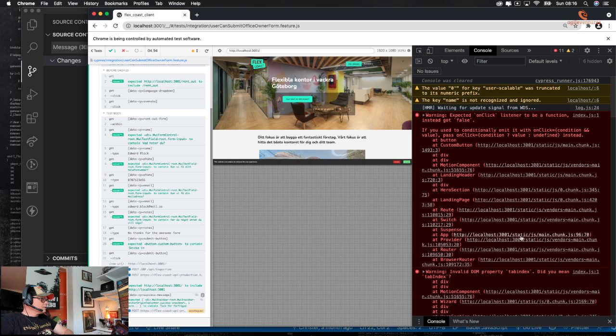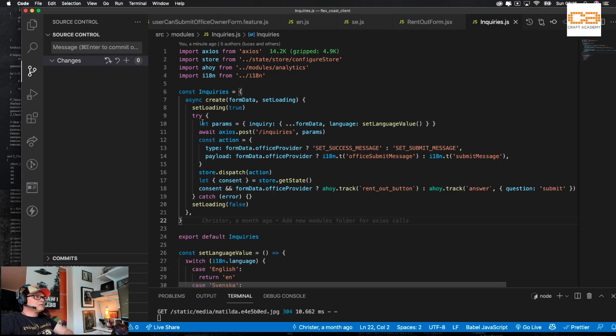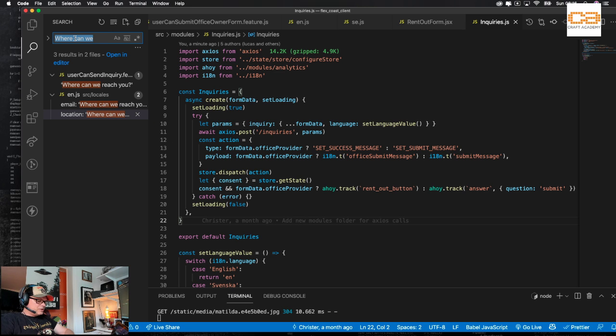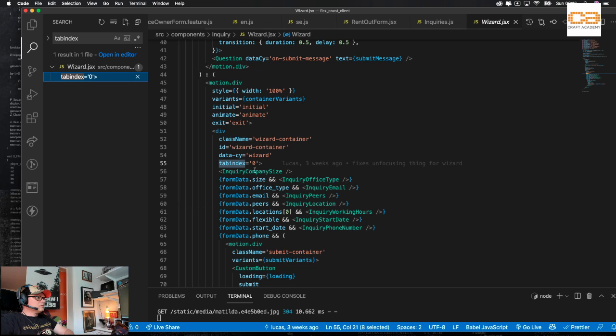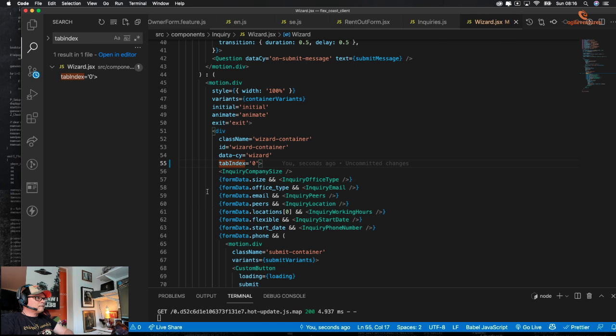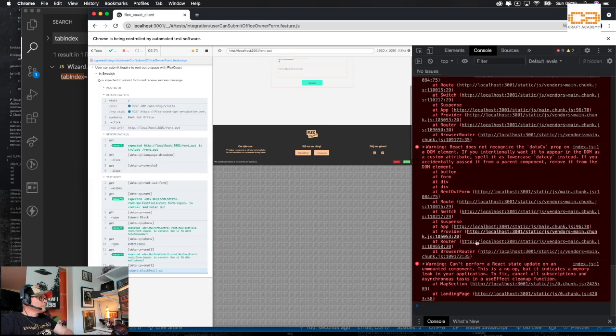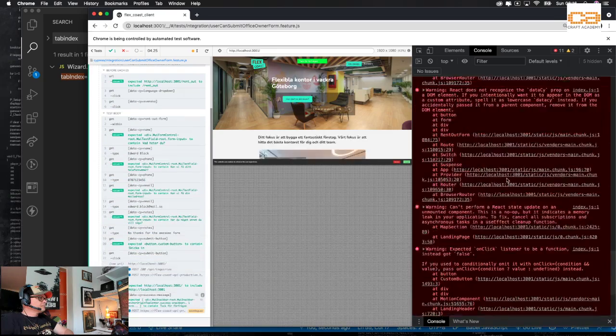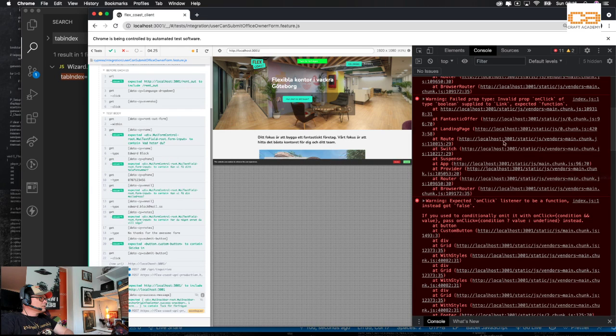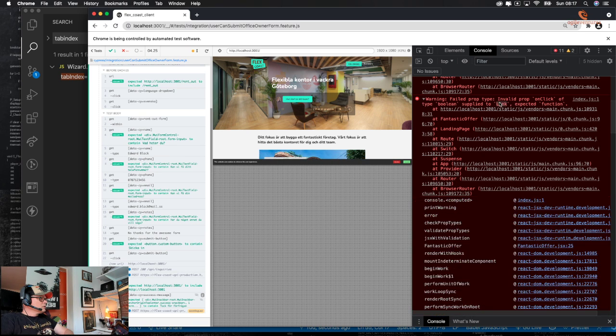Invalid DOM property tabindex. Well, this one I should be able to find. Let's start with the lowest hanging fruit here. Okay, so it should be camel case then. Still onClick listener of type boolean supplied to link. Expected function, onClick boolean. Right, so